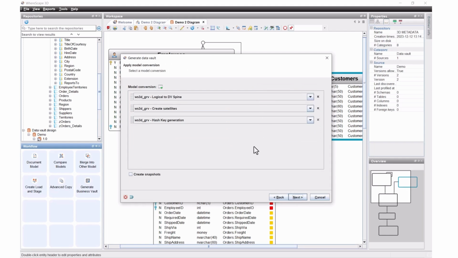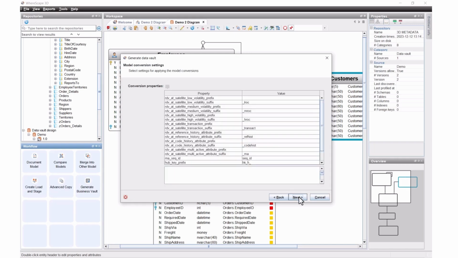So these are the out-of-the-box rules on creating raw vault, hub satellites, and links from my design. And I can certainly add rules if there's things I want to do, if there's naming conventions I want to follow, if I want to change data types, if I want to rename columns, if I want to handle any kind of special circumstances. I talked before about adding my own attributes. If I want to have special rules in place for those new attributes, maybe I want to break them into a different table. Maybe I want to rename them a certain way. Whatever it is, I've got incredible flexibility here in the rules. So I'll just use the out-of-the-box rules.